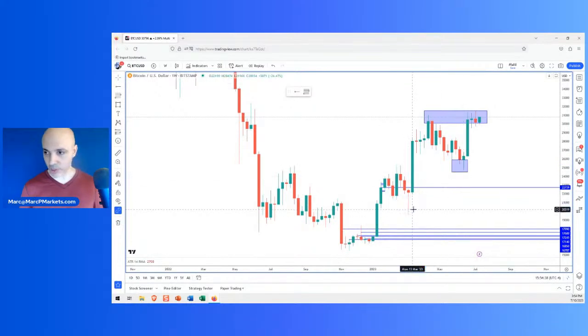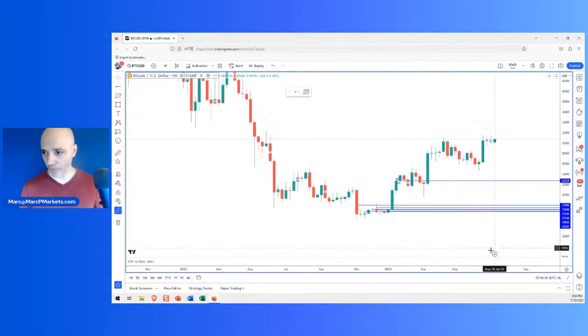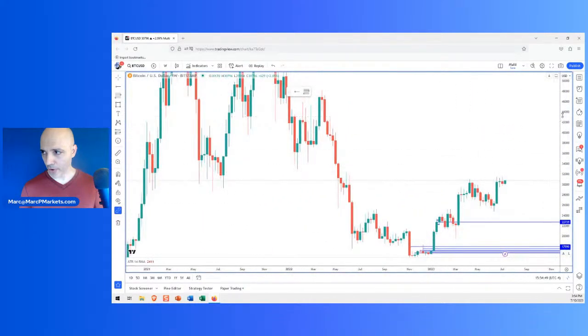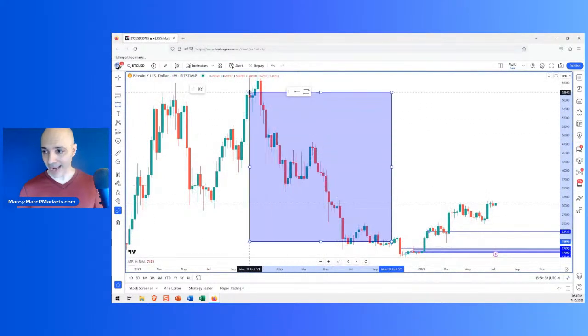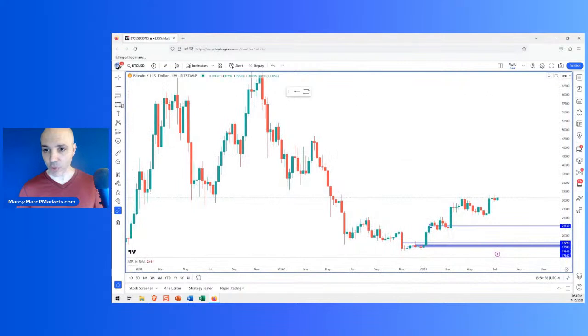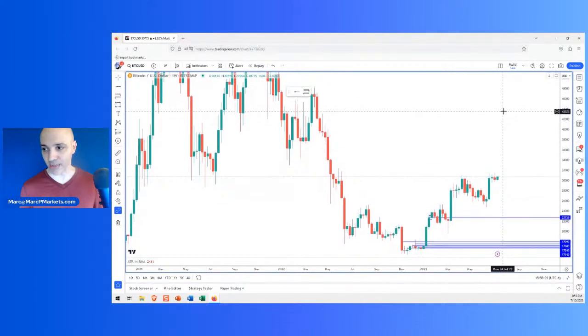And this general structure from this low, I see nothing but higher lows and higher highs. That's not bearish. So you can go back and say, well, if we zoom out and you go all the way back here, how is that bullish when this is bearish? Well, back here, yes, that was bearish, but you have to separate the trend into time categories. We have a short term, a midterm, and a long term, right? And how you use that information is going to depend on the type of trades you take. So for day trades and swing trades, those are short-term oriented.